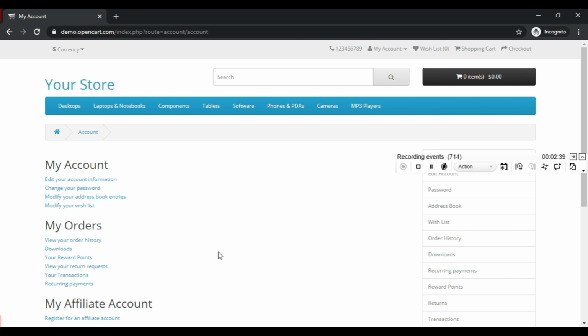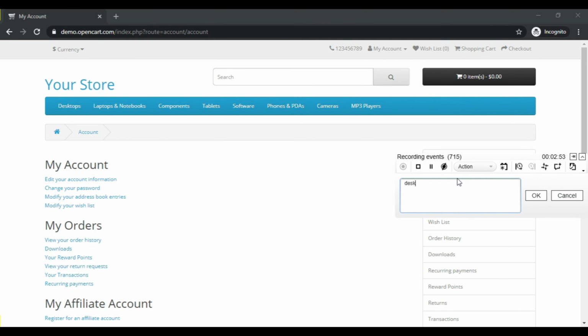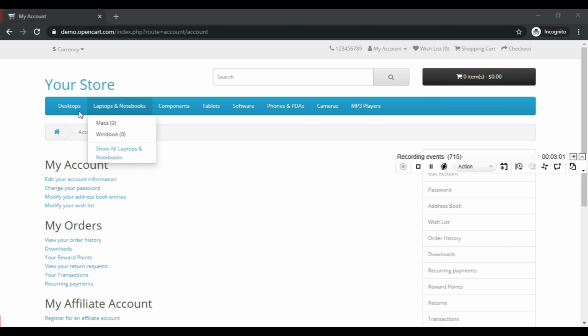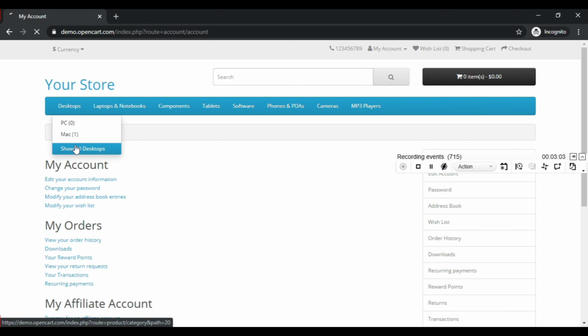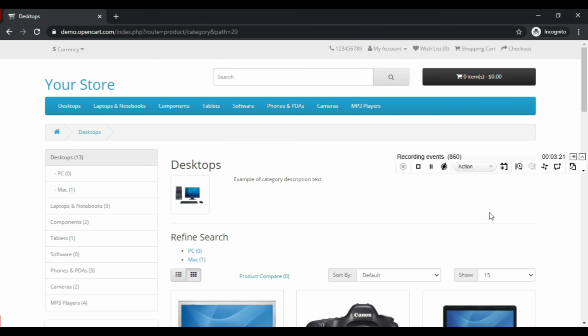Let me navigate to other pages so that we will get more lines in our script. Let me move to desktops here, and I will go to phones as well.